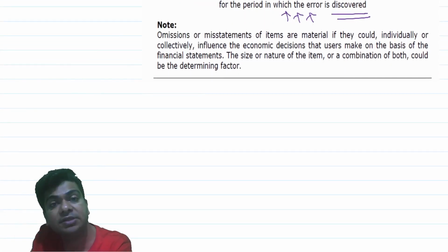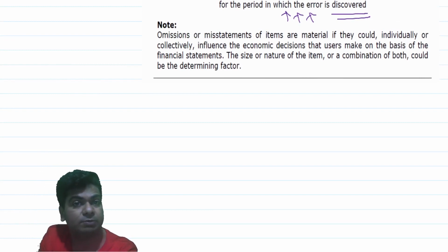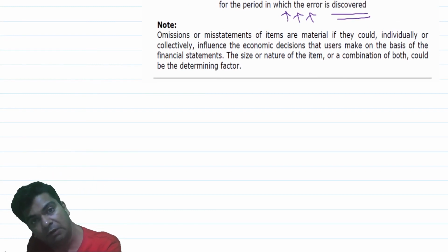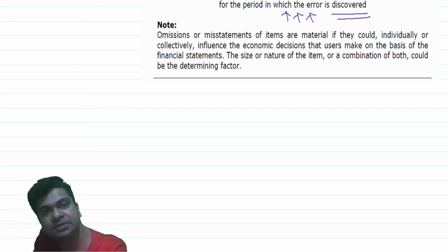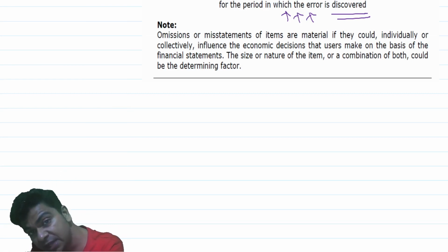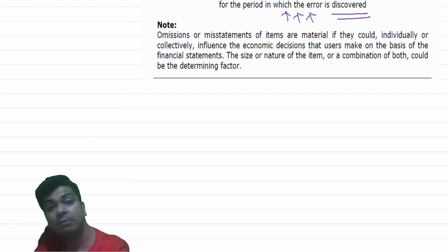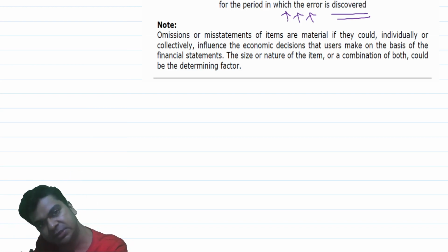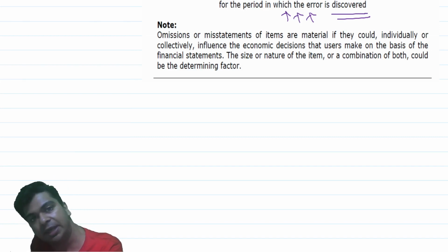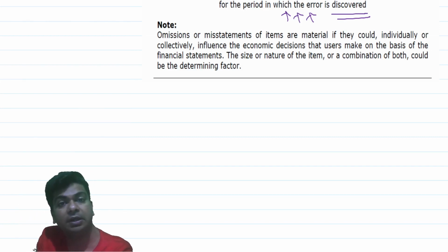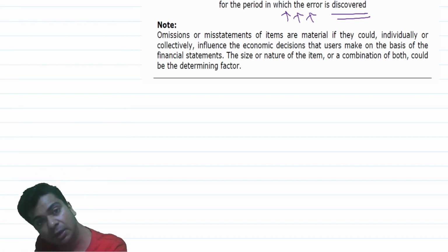Definitely a question will arise: when can we say that the prior period error is material or immaterial? Of course, the judgment of materiality will be carried out on a case-to-case basis. Sometimes the item is individually material, or sometimes the item is cumulatively material. I may have committed 2-3 mistakes. Each mistake is a small one. But when I take a total of all the mistakes committed, it becomes pretty substantial. Then in that case also I can identify that although individually the items are immaterial, I will still give the effect because cumulatively they are becoming material for me.